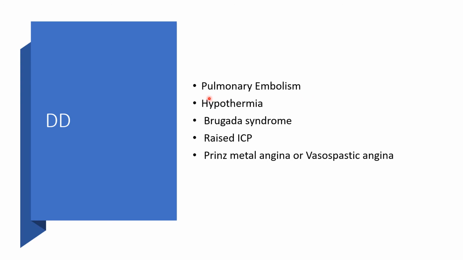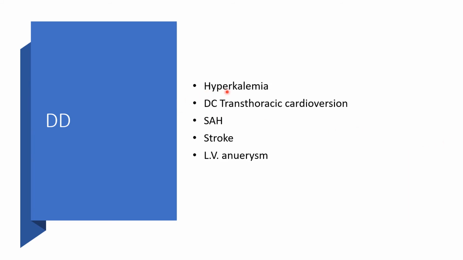Other situations when we can find ST elevation will be pulmonary embolism, hypothermia, Brugada syndrome, raised intracranial pressure, Prinzmetal angina, now known as vasospastic angina, in hyperkalemia, after transthoracic cardioversion, subarachnoid hemorrhage, stroke, left ventricular aneurysm,